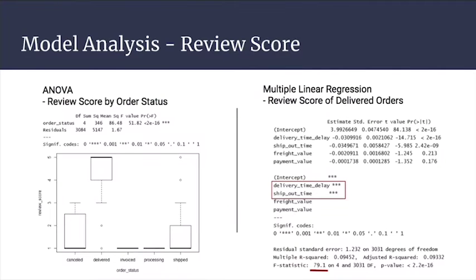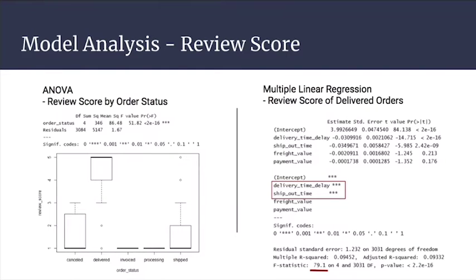As a result, the delivery status can be seen as a categorical independent variable used to conduct ANOVA to test its impact on review score, and the multiple linear regression model can use only the data from delivered orders. As shown in the analysis result and graph, there is a significant difference of the means of the 5 different types of orders. The result can be used to further explore the review comments to identify possible reasons for low